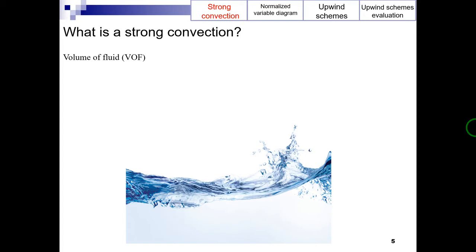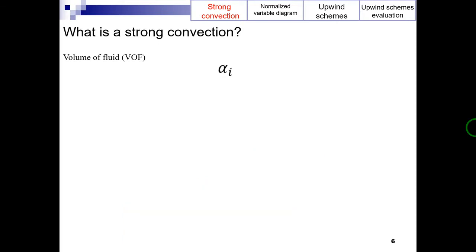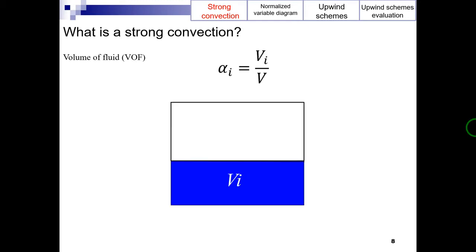The VOF uses the fraction of the cell occupied by water, indicated by alpha_i, to locate the free surface. The alpha_i is defined as this equation, where V_i is the volume of water in the cell and V is the volume of the cell, as shown in the following figure. So here alpha_i is called the water volume fraction. To have a better understanding of the water volume fraction values, this figure